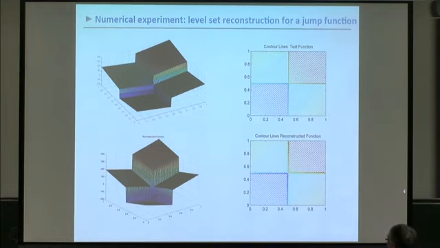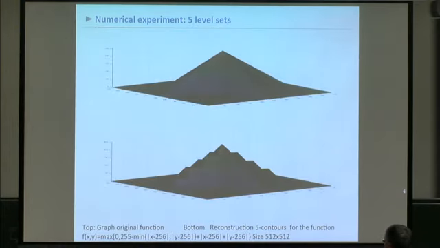It's a reasonable approximation for these jumps with 4 pieces. We take level sets of this and reconstruct. All right,